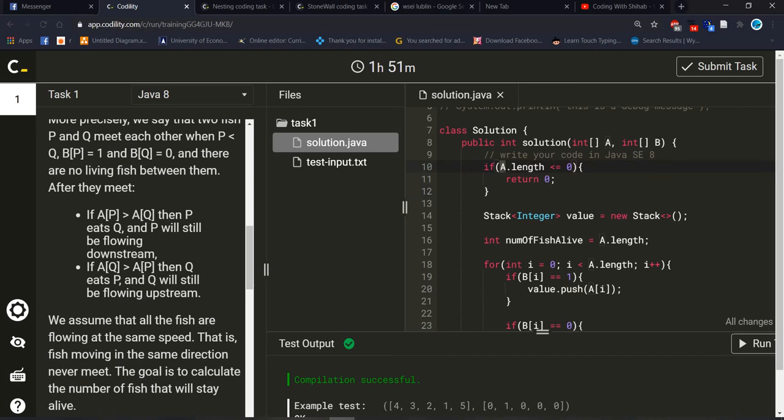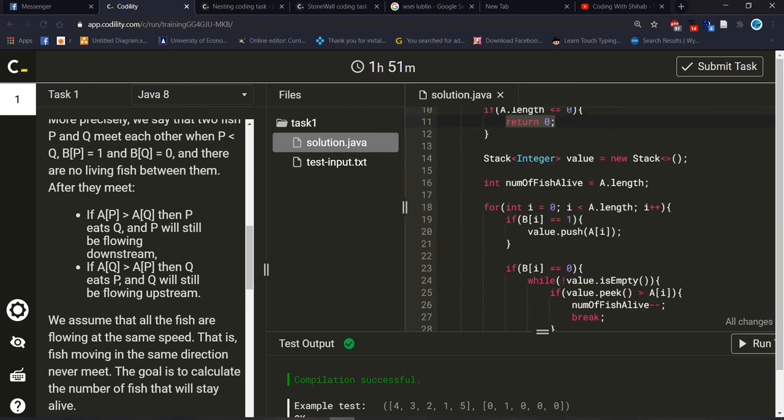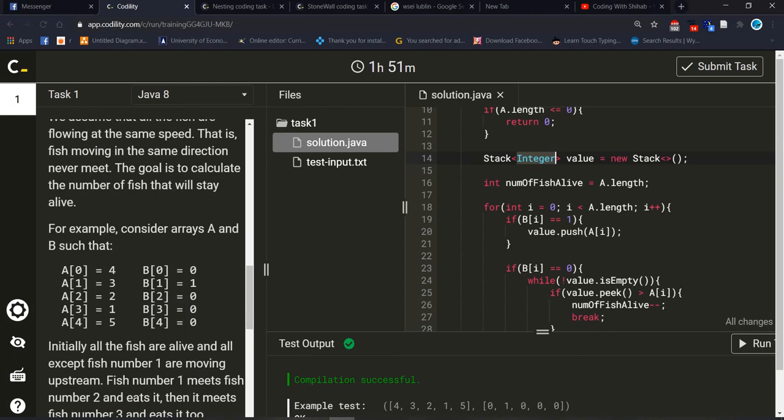If it's empty, then we don't need to follow further operation. It should return 0. Later we are taking a struct data structure with an integer variable, because the value should be integer. You see here all are integer values. Then after that I call one struct variable for the struct data type.